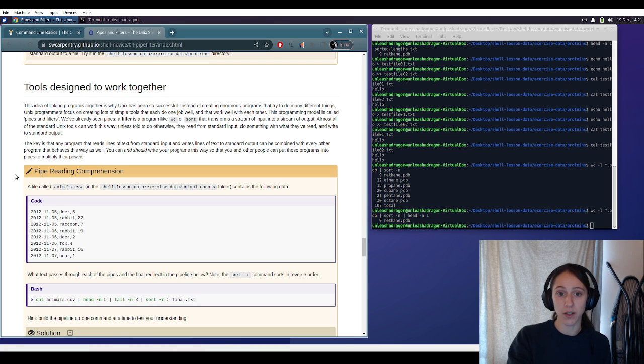They read from standard input, do something with what they've read, and write to standard output. The key is that any program that reads lines of text